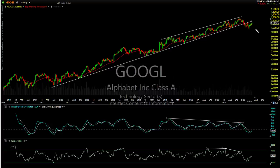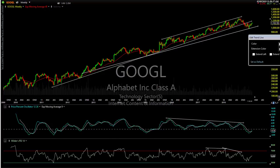There's a better fish to fry. I can't make a lot of decent trend lines on Alphabet. I mean, I'll draw this one here. Maybe it comes into play. We only have a few reactions. It's kind of sloppy, so I'll leave that there on my chart, but I really don't put a high weighting